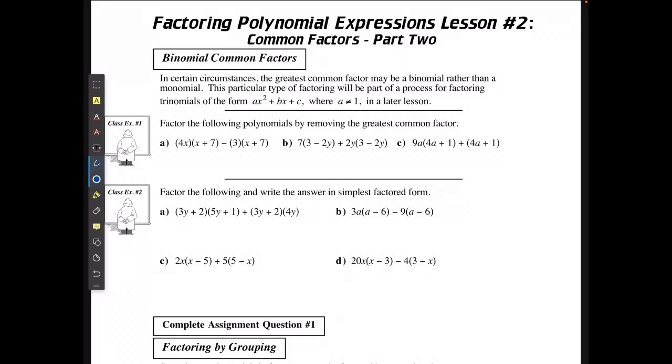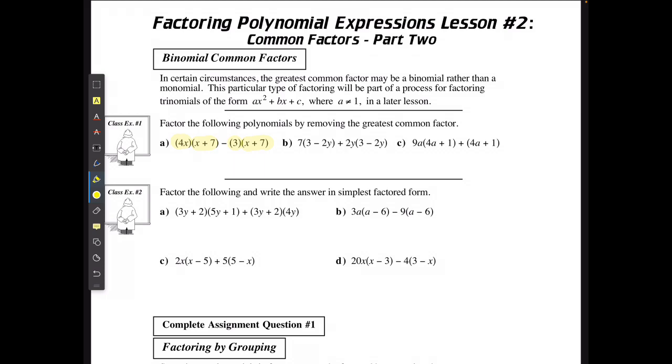Continuing on with factoring through common factors, we can have common factors that aren't just coefficients or variables. We can have common factors that are entire polynomials. So as long as it exists within each of the terms, then we can consider it a common factor. If I'm looking at example 1, then anytime that I have these brackets here, it's two things multiplied by each other,